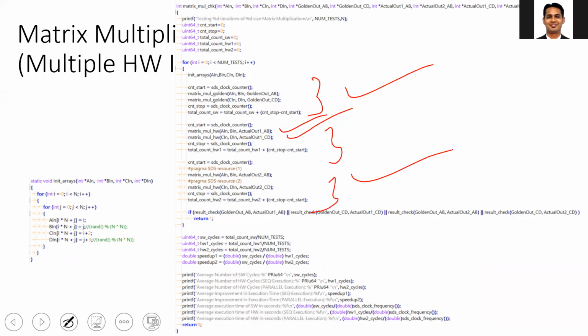Okay, the rest of the main.cpp you don't need to change other than the init function. Here you need to make sure that you initialize the A, B, C, D because all the 4 are your input with some integer values. Okay, rest of the code remains the same. No change in the .h file, no change in the .cpp file.